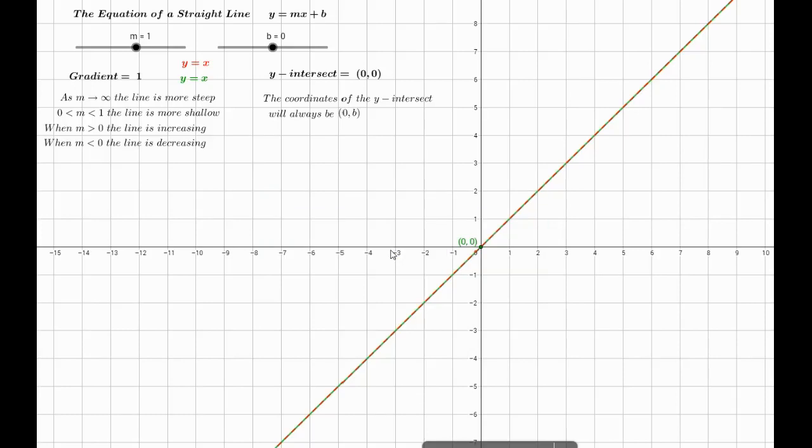Hello class, this is a video tutorial on the equation of a straight line. In this video we will be focusing on the gradient intercept form, which looks like the following: y equals mx